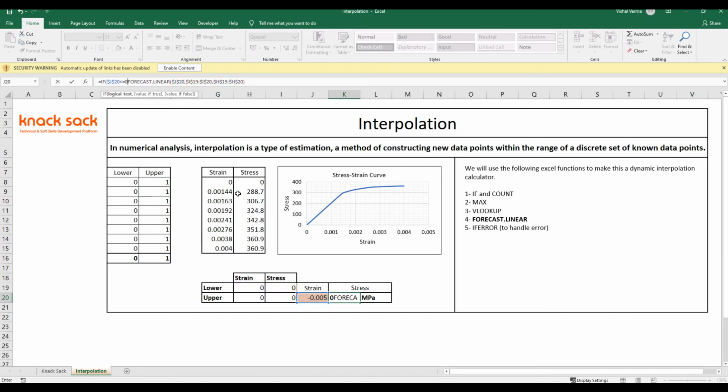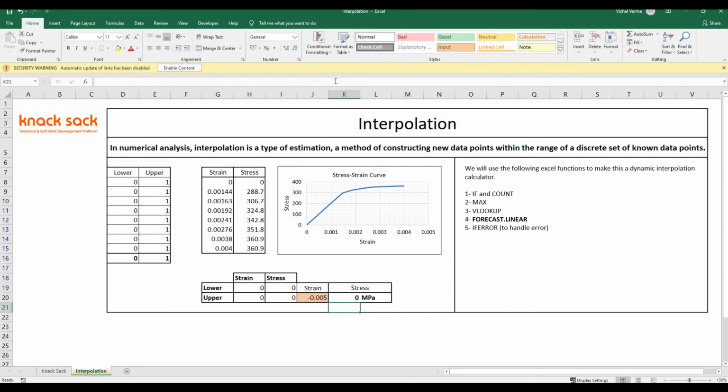If it is less than or equal to 0, then give 0 as output, or if it is false, then again check for another condition, that is if the given strain value is greater than or equal to 0.0038, then if it is true, give 360.9 as output, and if it is false, then provide IFERROR to handle the error we are getting here, comma, if it is an error, give blank, and then bracket close and